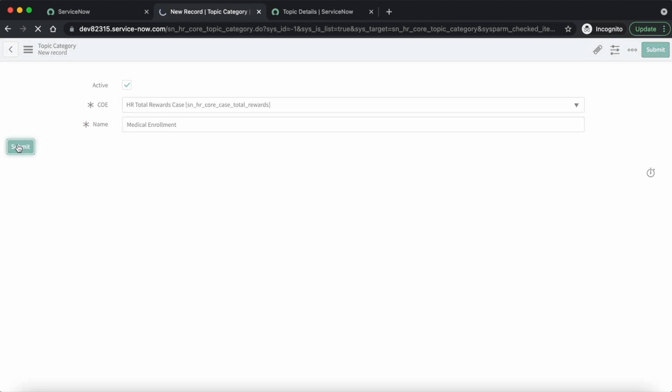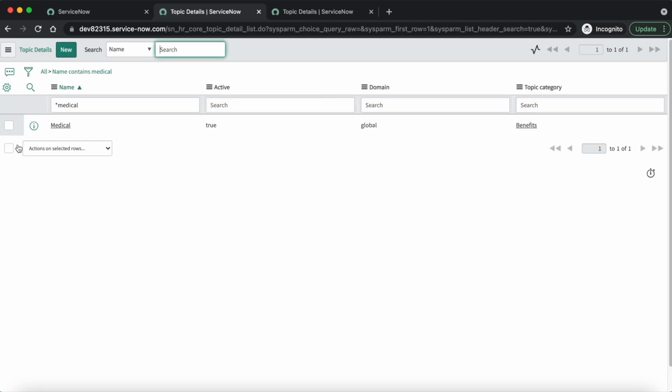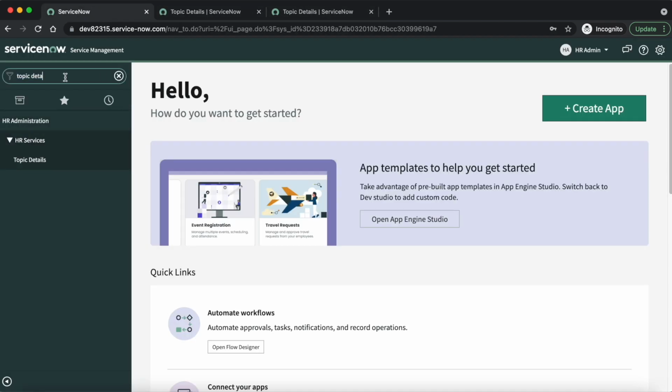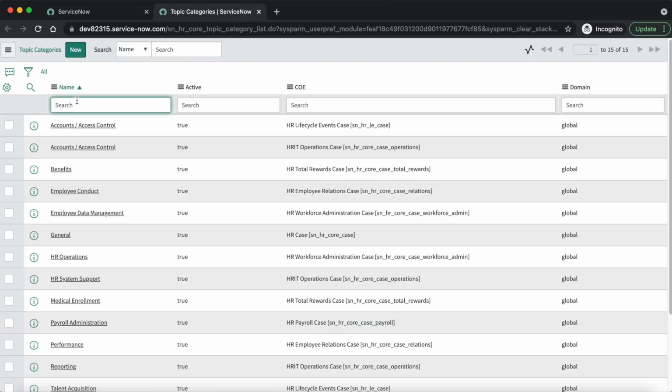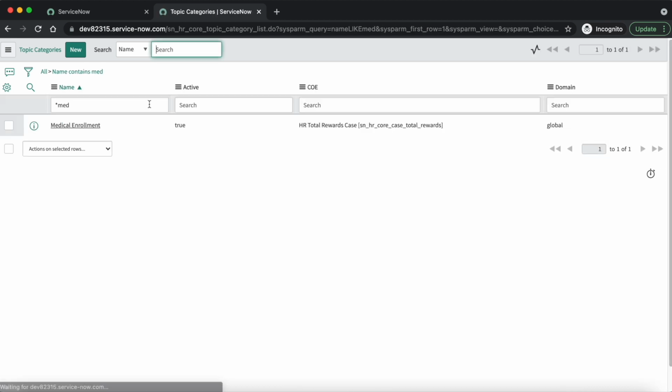Let's submit it. Now let's check whether it is available or not. So right now we have created that medical enrollment. Now open it.